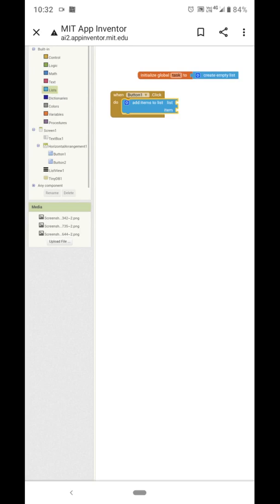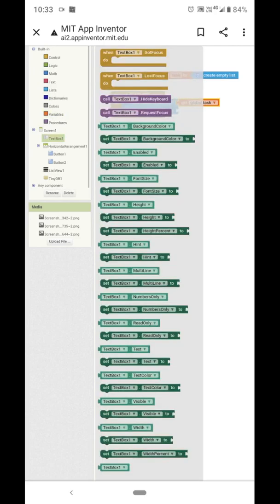Then go to the variable, get the variable, which one? That is global tasks. And whatever you type in the text box will automatically transmit to the list box. So select text box 1 dot text.